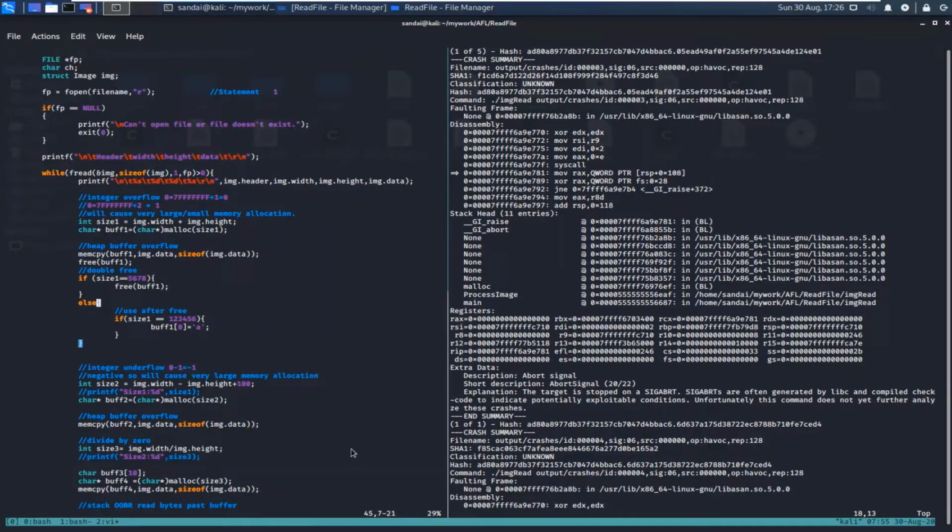Similarly, if size 1 was greater than 10, it was causing a use after free error. But I have now added some checks: if size 1 is equal to 5678, then the buffer will be freed twice, which will cause double free. And if size 1 is equal to 1, 2, 3, 4, 5, 6, then the program will cause use after free. So AFL will take some time to find these crashes.